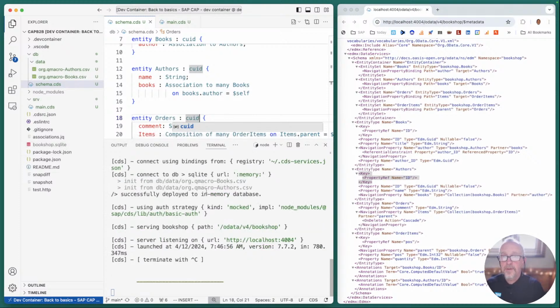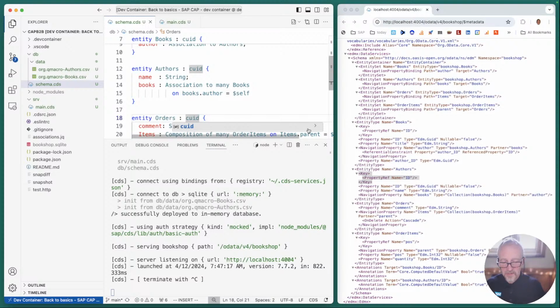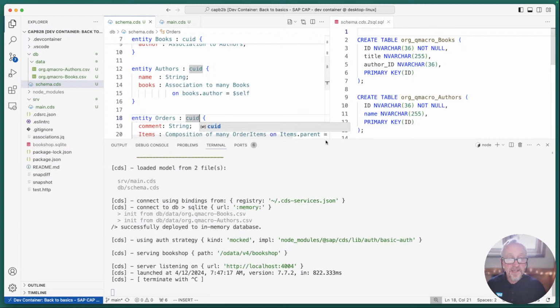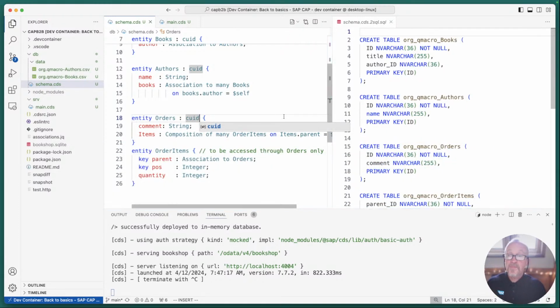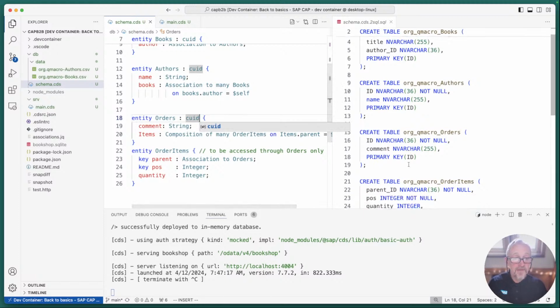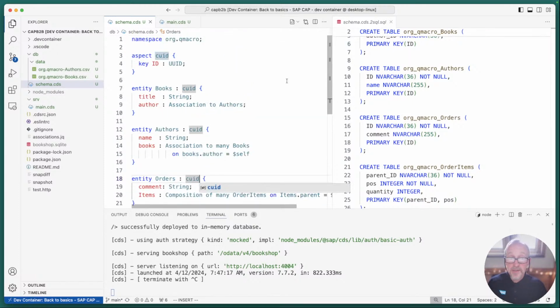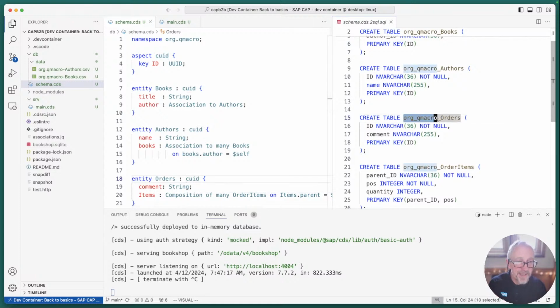Or do you mean, for example, let's just do this, this thing here, so we can look at the SQL, preview SQL. Daniel Schlachter pointed us to this last week. It's brand new in the March 2024 release of CAP. We can see the SQL. So this is how the schema.cds translates into SQL. So we have DDL statements here that are based upon the definitions in here. So we have the create table, org, qmacro orders. So the namespace gets translated, as it were, into a prefix for the table in the persistence layer in the